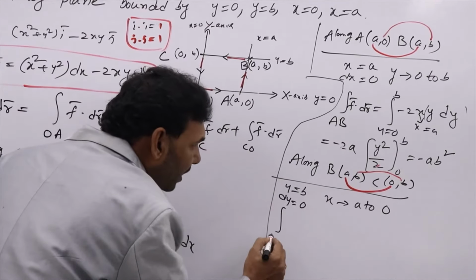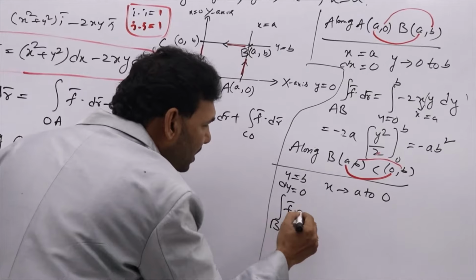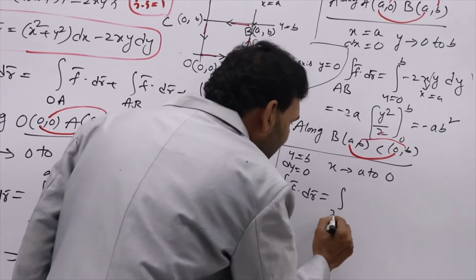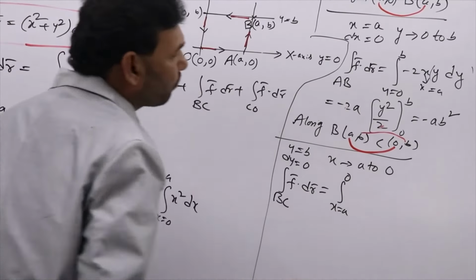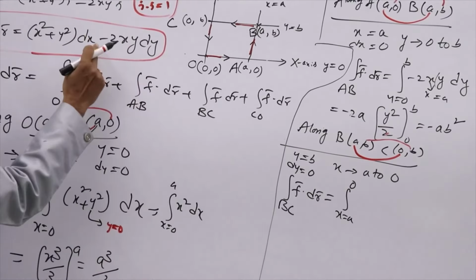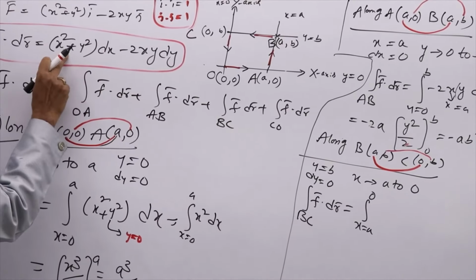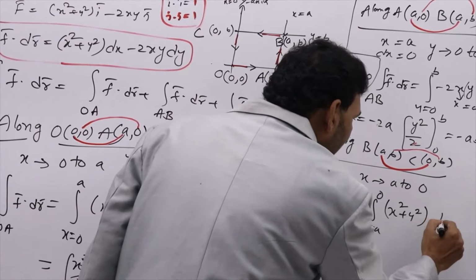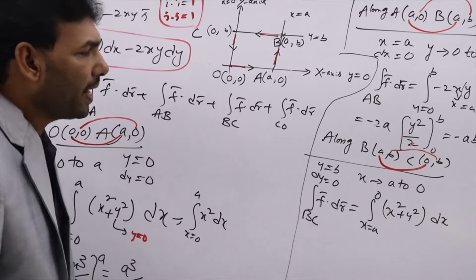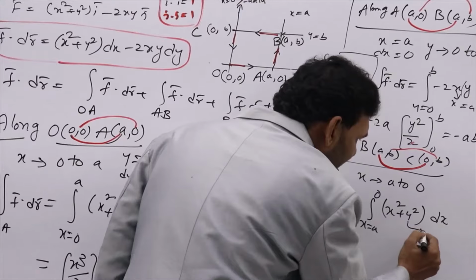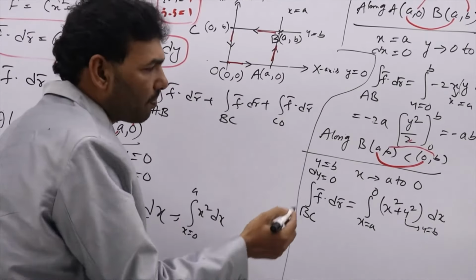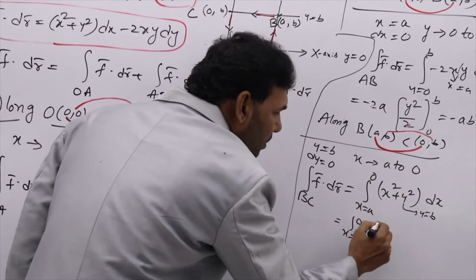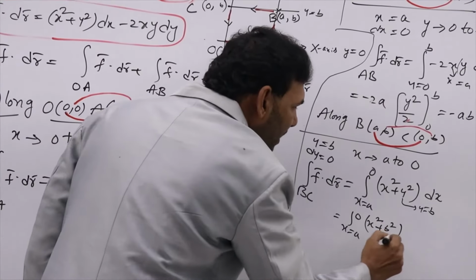Now the line integral along BC, integral over BC of f bar dot dr bar, equal to x from A to 0. Here dy is 0, so this total term is 0. What is left over? This one, x square plus y square dx. Again, what is y? Y is b. If you write b in the place of y,